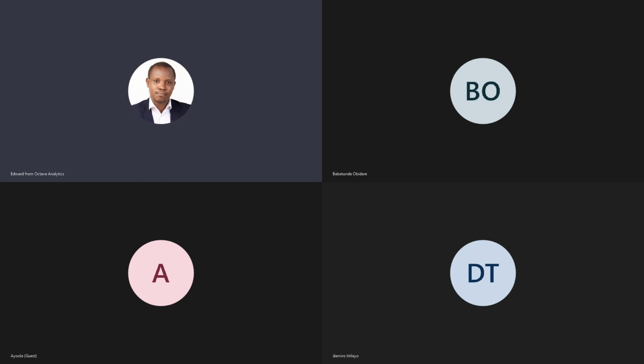And we have private cloud. A private cloud is like a data center that a company has. For instance, Access Bank has their data center somewhere. That data center is their own private cloud, which any of their team members can subscribe to.